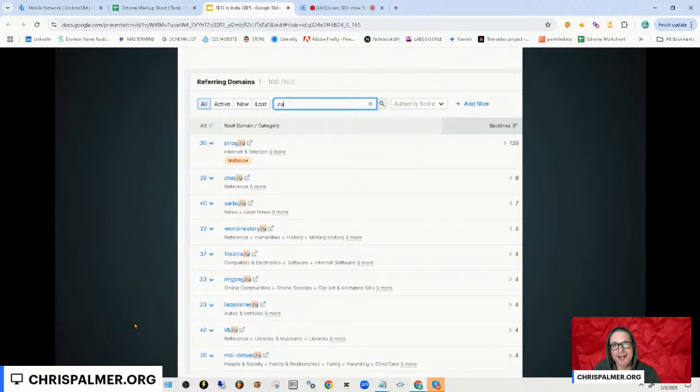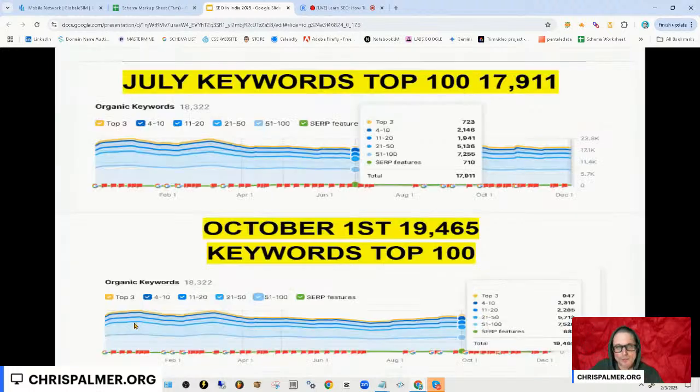Varying categories, because our competition was all over the board. They had all kinds of stuff. I believe it was in the law niche. But we built 152 of these, I believe to 2 separate pages. Again, I took those slides out, but here's what we looked at. So in July, this was the before and after.